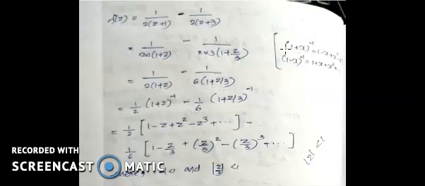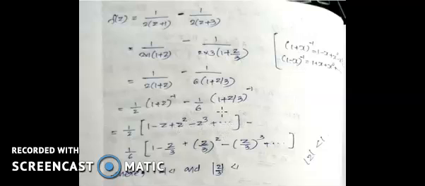Now for the denominator of this form, we have the expansion: 1 plus x whole inverse is 1 minus x plus x square minus x cube, etc. 1 minus x the whole inverse is 1 plus x plus x square plus etc. So we have these two expansions. Taking the denominator to the numerator, the first term is 1 by 2 into (1 plus z) the whole inverse. In the second term, minus 1 by 6 into (1 plus z by 3) the whole inverse. Now we expand this using the first formula: 1 minus x plus x square, with alternate signs, okay? So 1 minus z plus z square minus z cube plus etc.